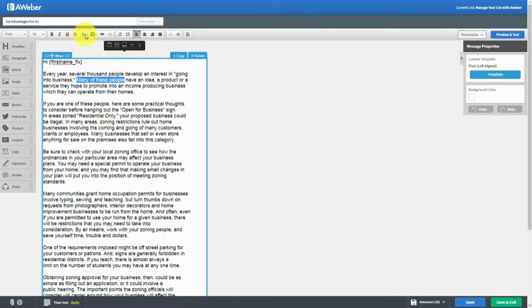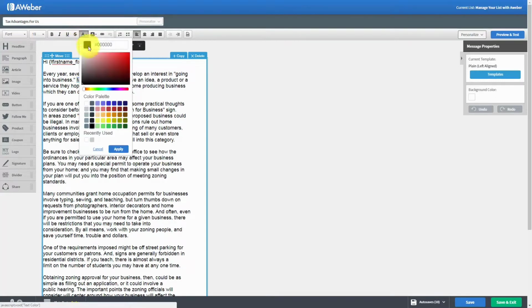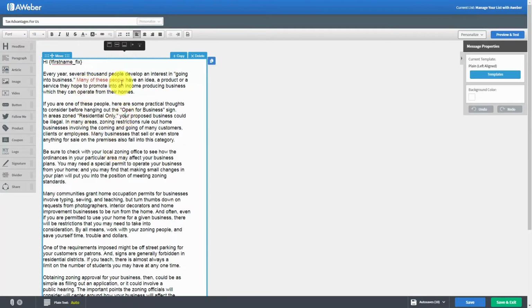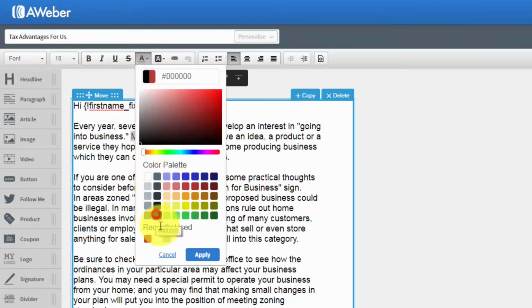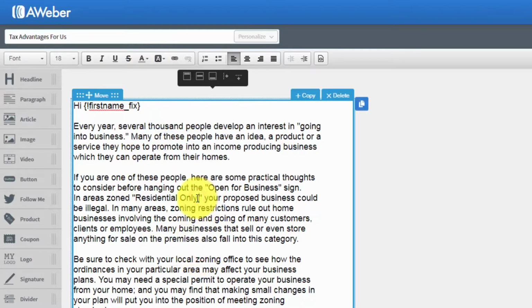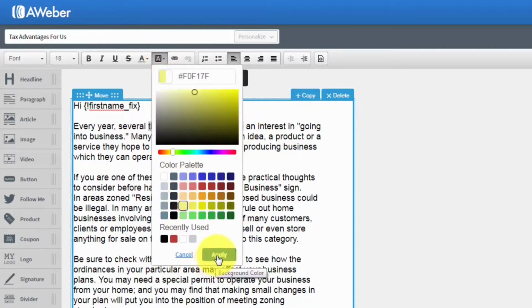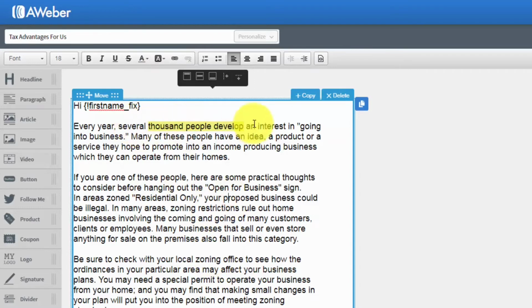You can also change the actual color of a particular text by clicking apply, and then when you take the highlighter off, you'll see it. You can change it back to black. You can actually highlight a background. So for example, we could take this text and we can actually put a yellow background there. And you'll see that there is a background. We can take that background right back off